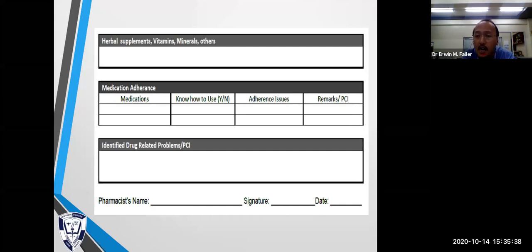Okay, so this is to be done systematically. It's not just from the name of the patient, you jump into the medication adherence. It should be a stepwise approach of collecting the data. You don't go from name to allergy. There should be a systematic approach. You need to fill up first the demographics, going into the basics of it, going into the drug. Okay, you need to look into the past medical history first before you move on to the medication history of the patient. Now, moving on, you'll be able to sign it, identify your name, and of course, the date.